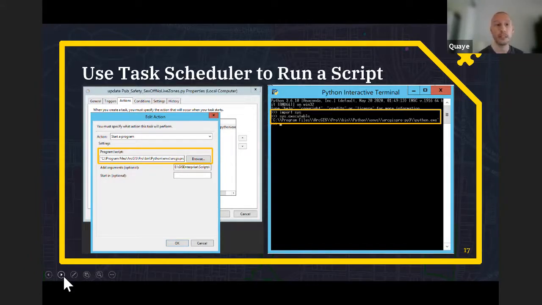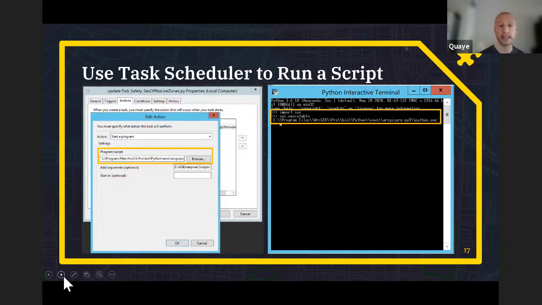So you need to define where the Python executable lives on the system where you're going to be running the script. If you don't know where that is, you can fire up the Python interactive terminal, import the sys module, and use the executable function, and it's going to return the path on your local system where the Python executable actually lives.